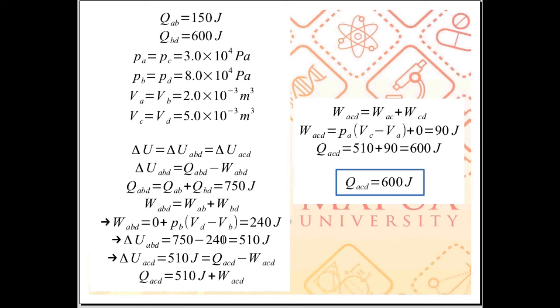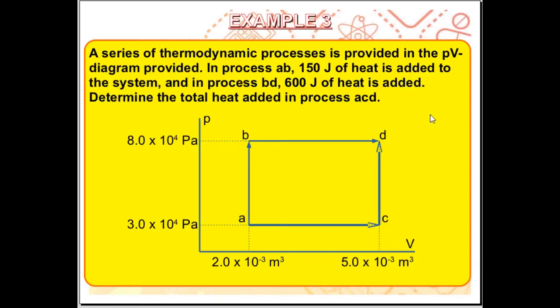Transferring WACD to the other side, QACD is just equal to 510 plus WACD. So to get the final answer QACD, all we need to do is find WACD. And WACD is just equal to WAC plus WCD. So again, going back to the PV diagram,